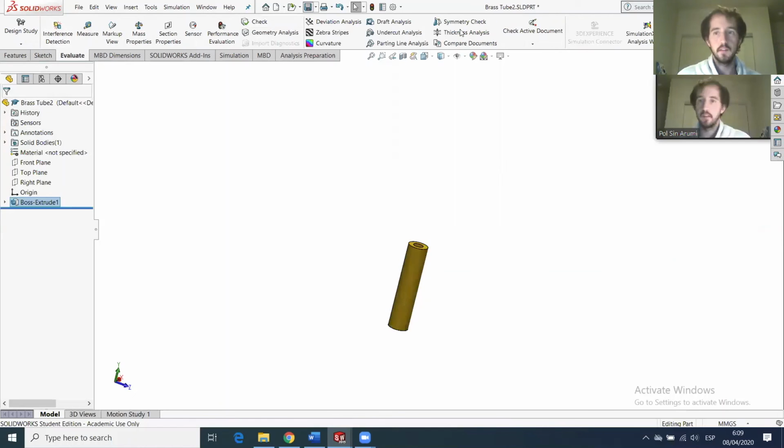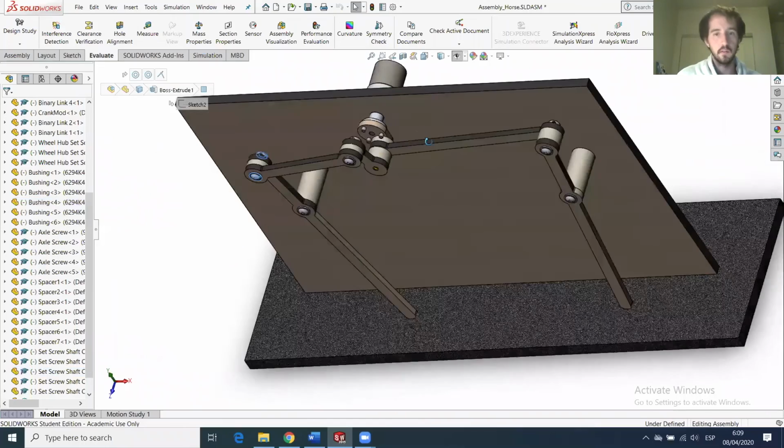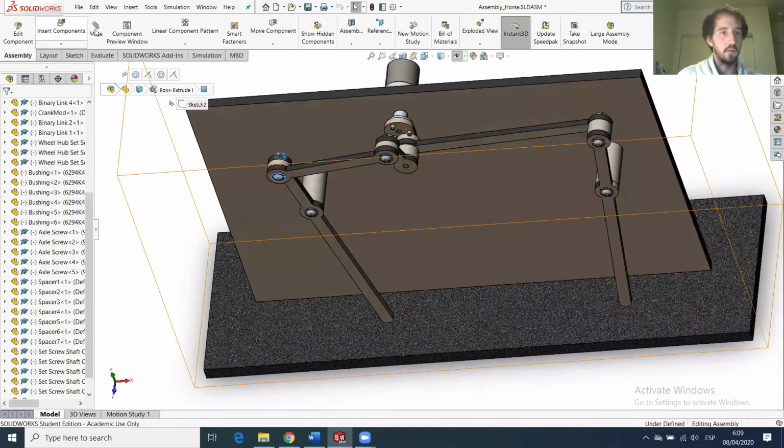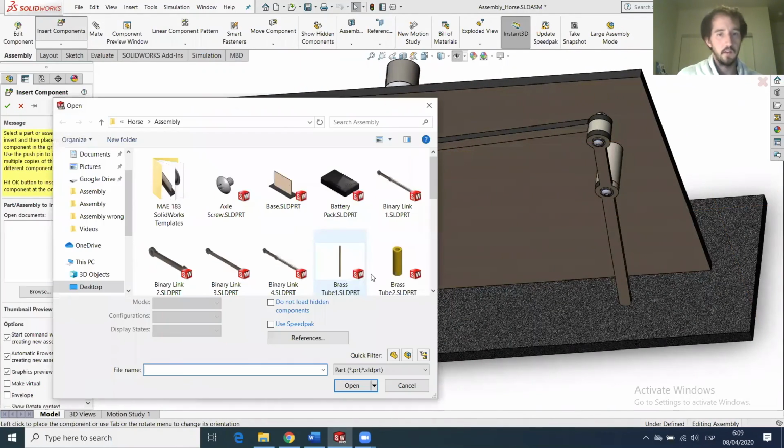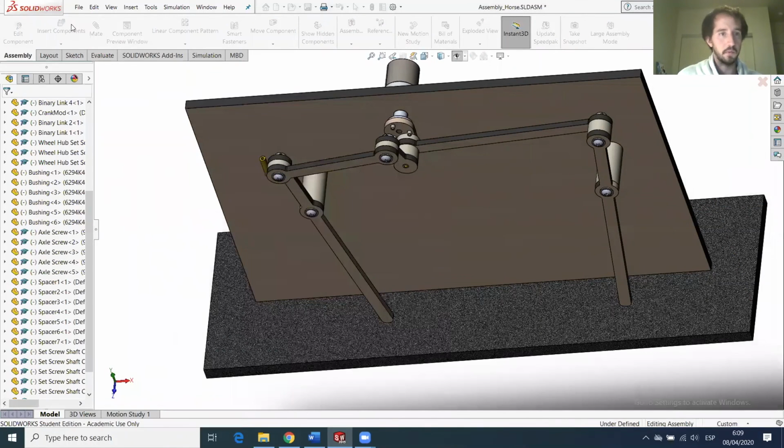Save it, and let's introduce it into the SolidWorks model. We need two copies, one for this part and one for this joint. So assembly, insert, we want to insert the second one for this, and we want to insert another one